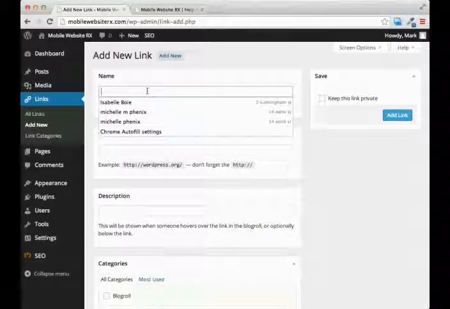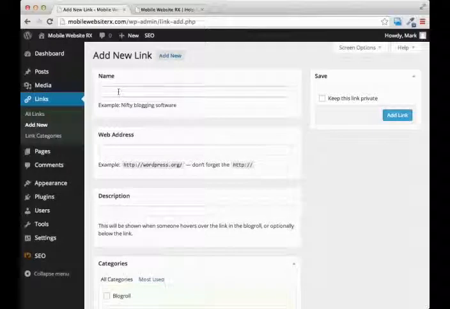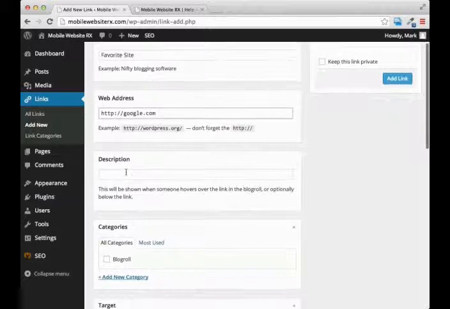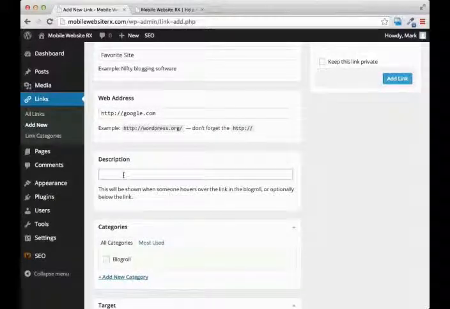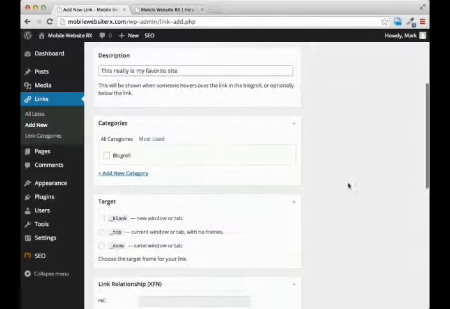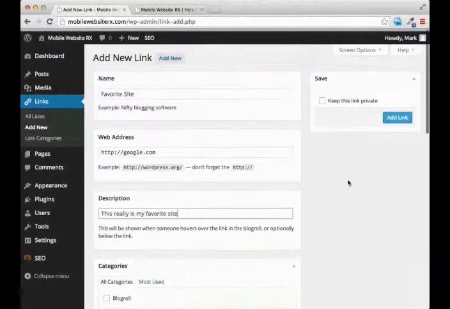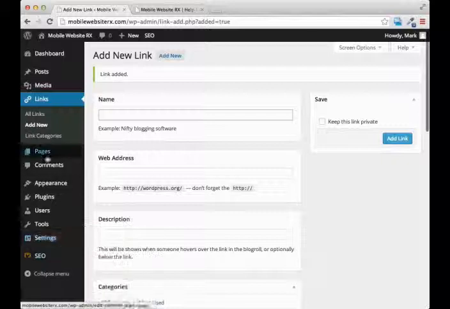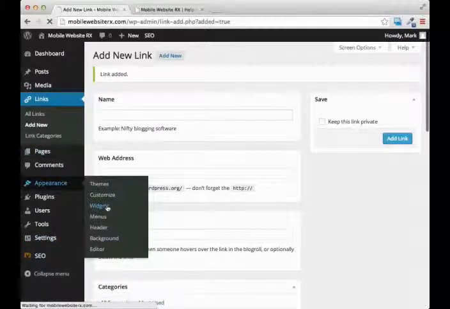Then I'll show you how we can add new links. So we could add a link. We could name this our favorite site, and we could type in the address here. And then the description, that's going to be shown when someone hovers over it. And then we'll just go ahead and add the link. So now this is going to be added into our links. Now when we go back over to our widgets,